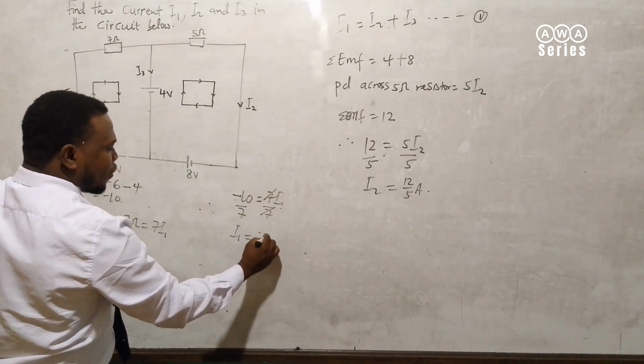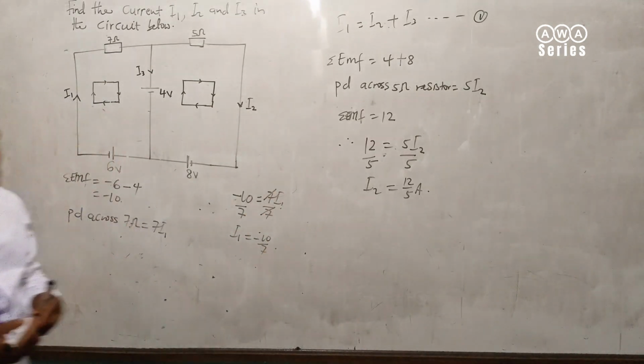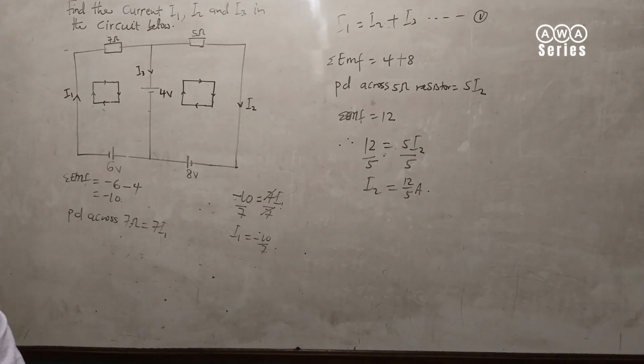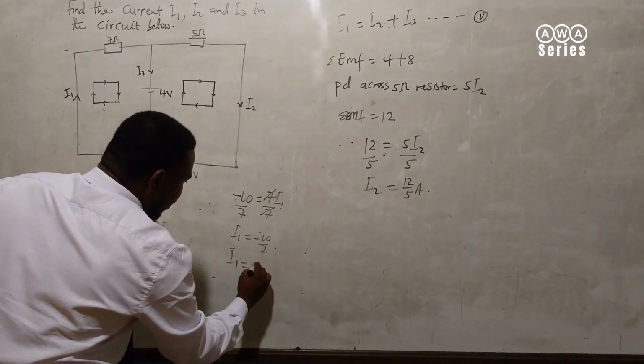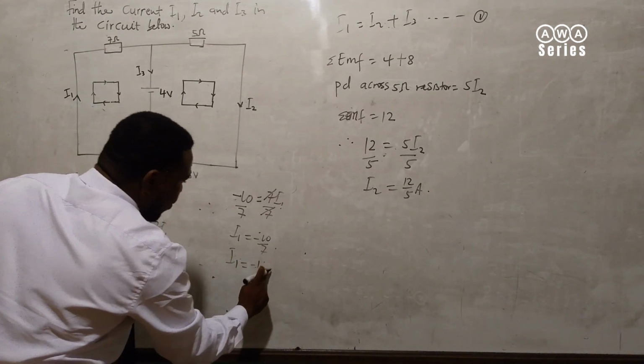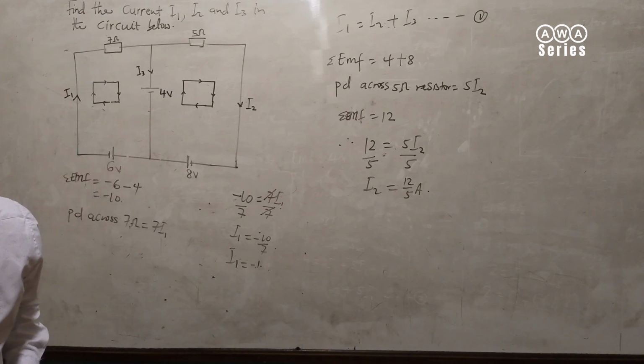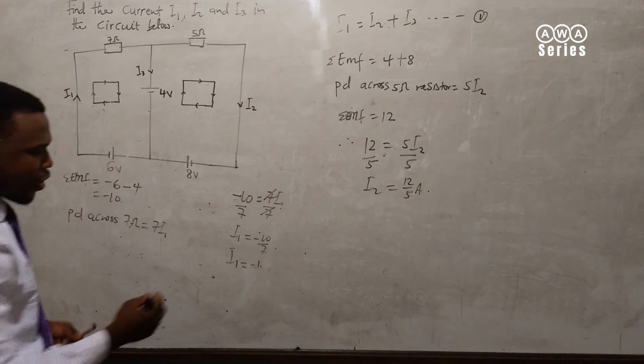I1 is equal to negative 10 over 7. Now let me convert this into simple terms. If you divide negative 10 by 7, you get negative 1.43. So I1 is equal to negative 1.43